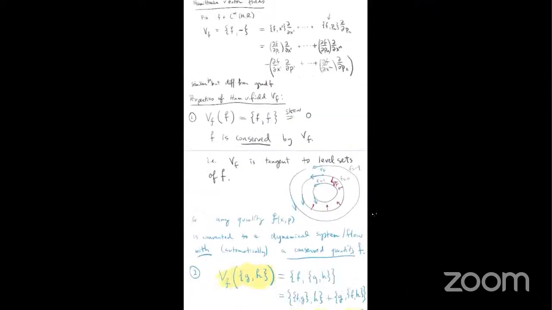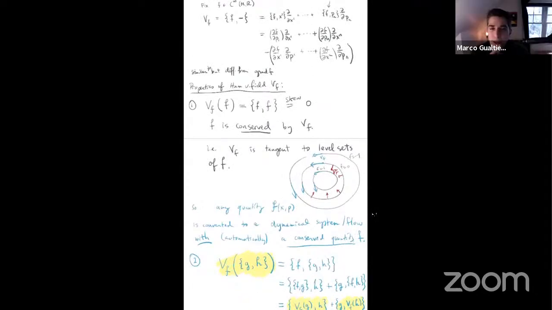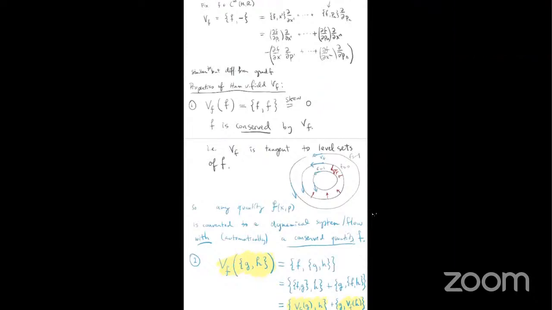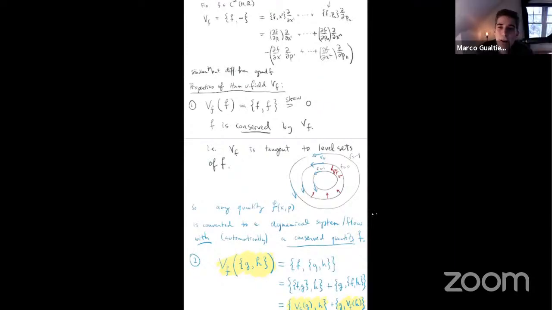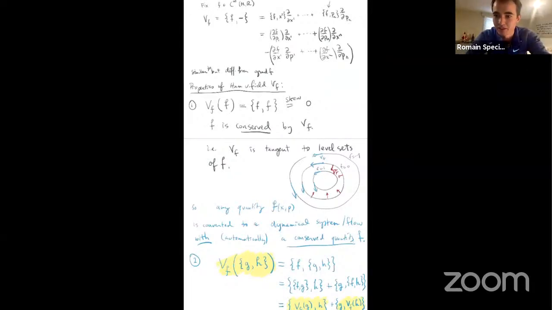When you first learn about a symplectic manifold that comes equipped with some two form, can you recover the bracket from the two form? Does that two form actually correspond to the bracket? I'm trying to look. Is your video working? Let me turn on my camera so you can see a human. Yeah. Okay. It might be a mess in my room as well. You're Romain? Yeah. Hello. Okay. Hi. Okay. So